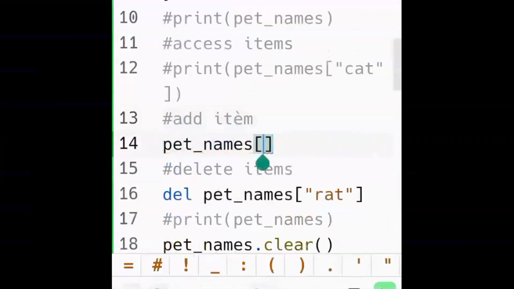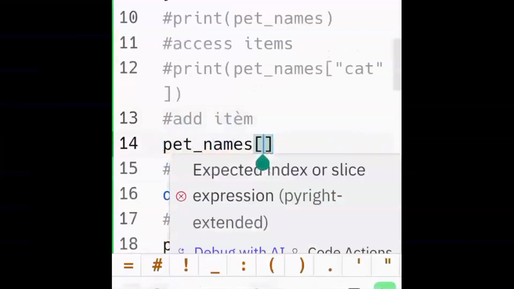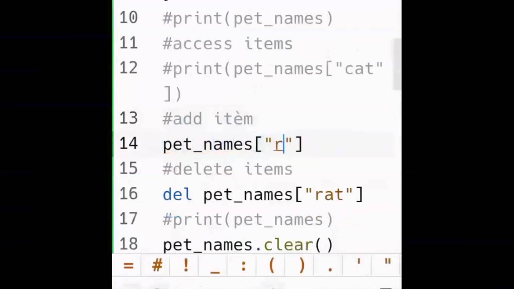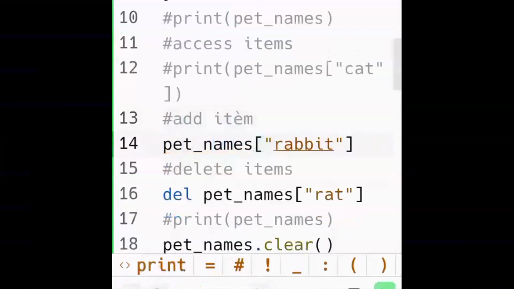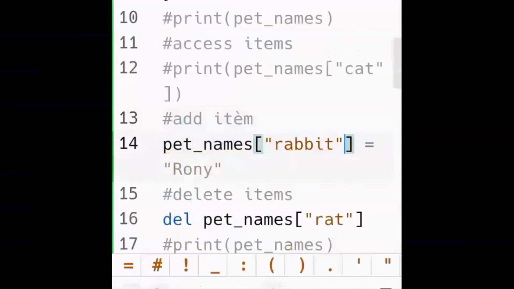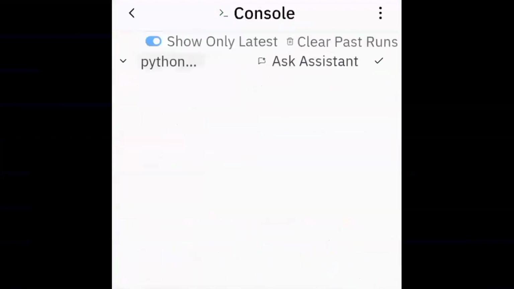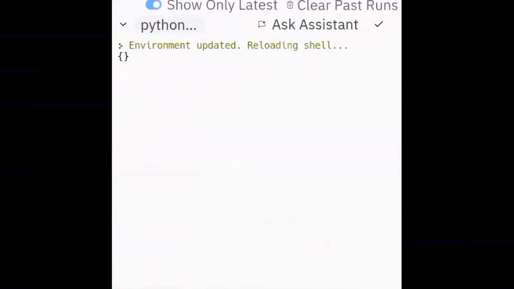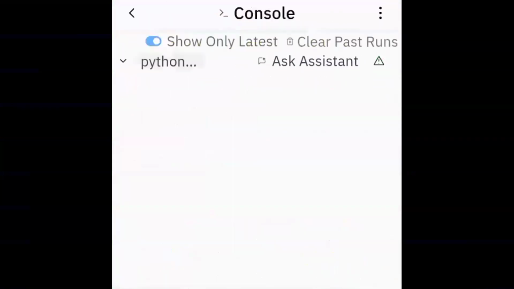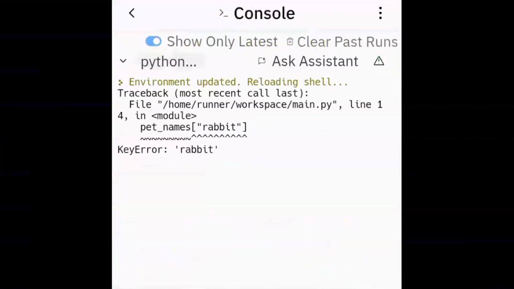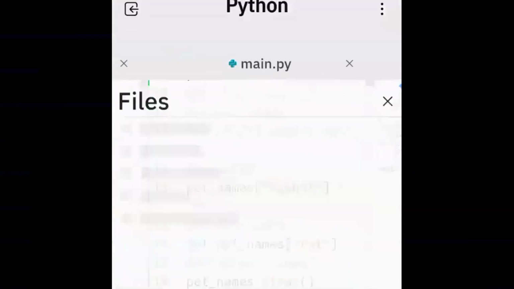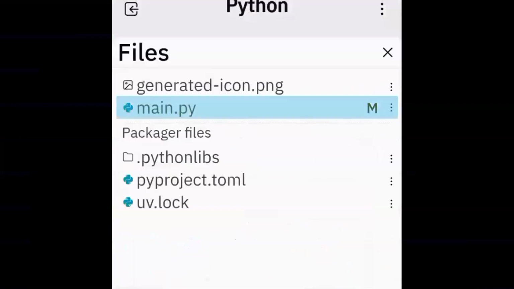What if you want to add an item? So for that, you have to consider a key, right? So let's say you want to add a new key by the name of rabbit and you want to give it a value. Something new, let's say, some new names, because rabbit is not existing yet. So let's see what happens if you print it out. Because I didn't allocate it a name. So let's sit down and do that.